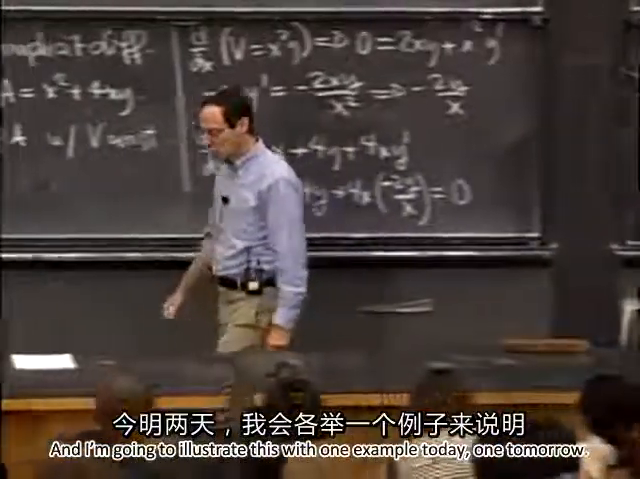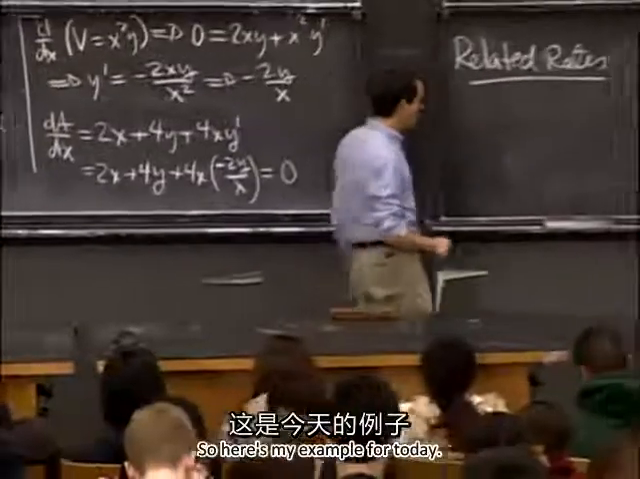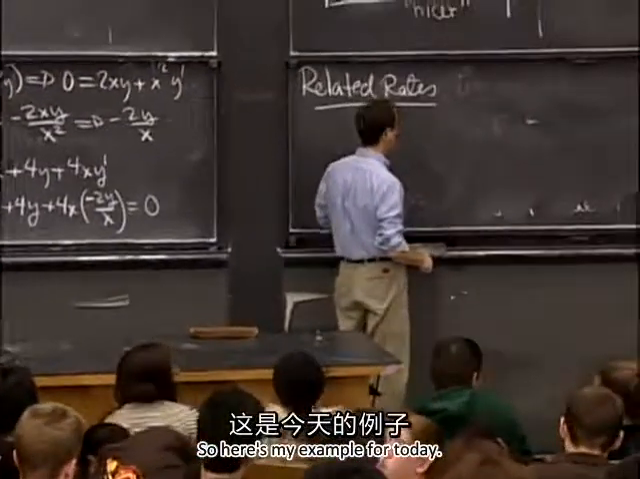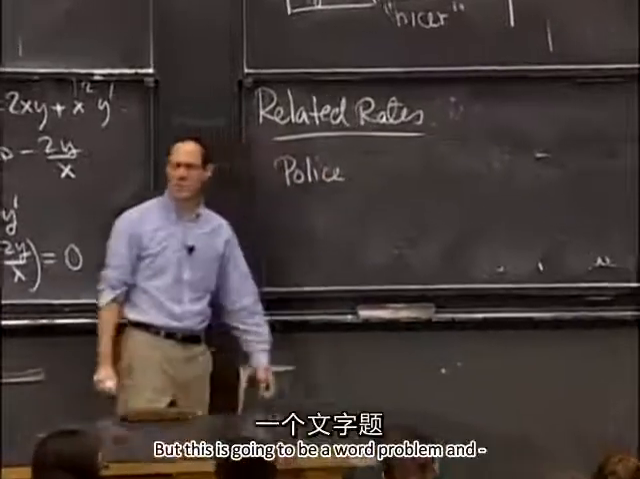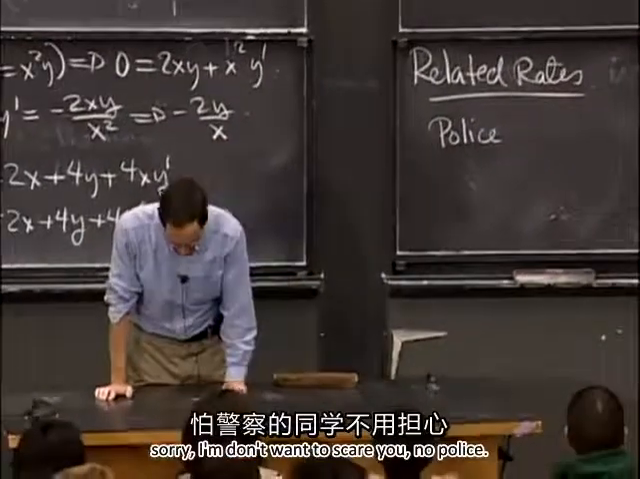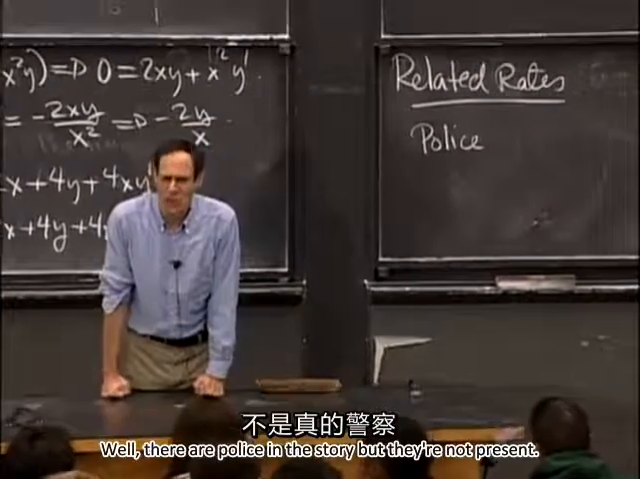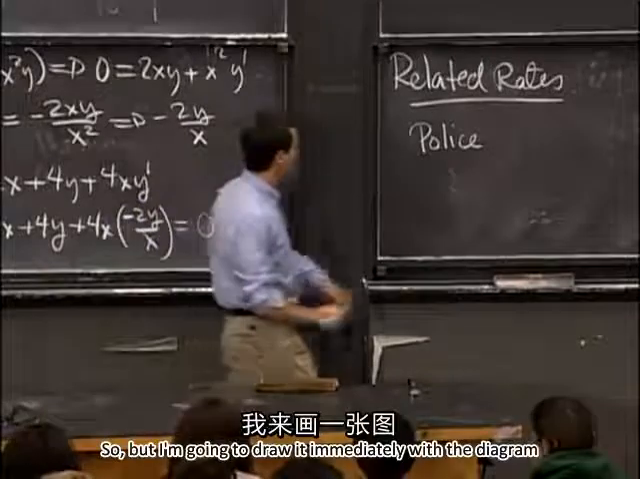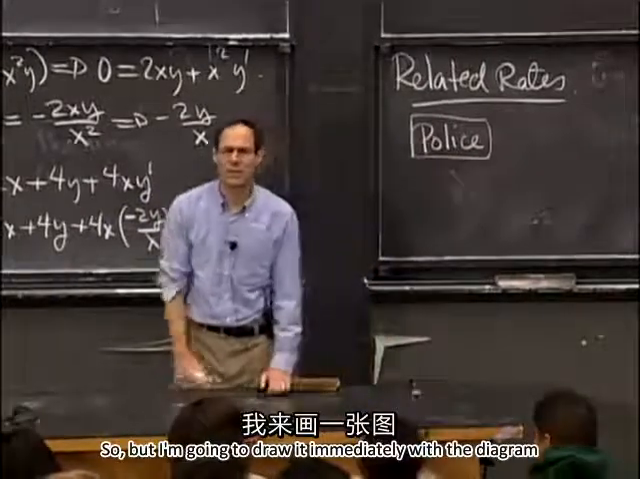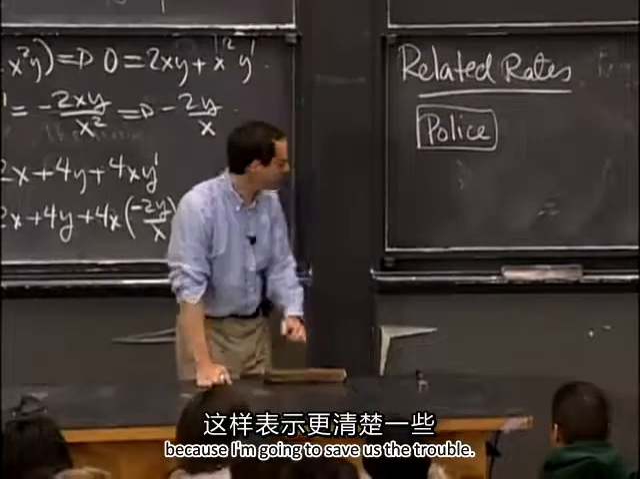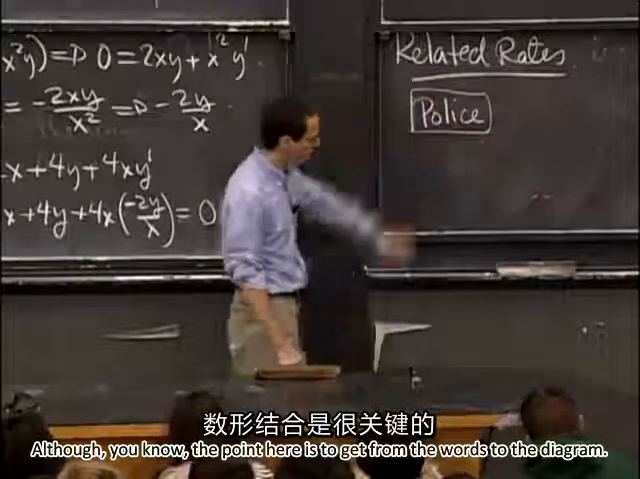And I'm going to illustrate this with one example today, one tomorrow. So here's my example for today. So again, this is going to be a police problem, but this is going to be a word problem, and sorry, don't want to scare you, no police. Well, there are police in the story, but they're not present. But I'm going to draw it immediately with a diagram because I'm going to save us the trouble. Although, the point here is to get from the words to the